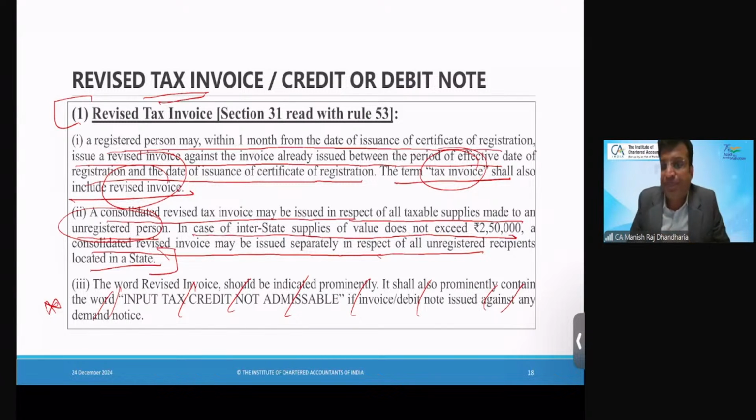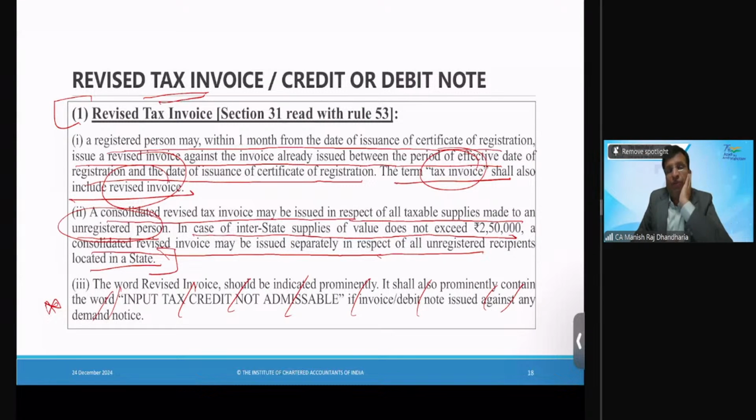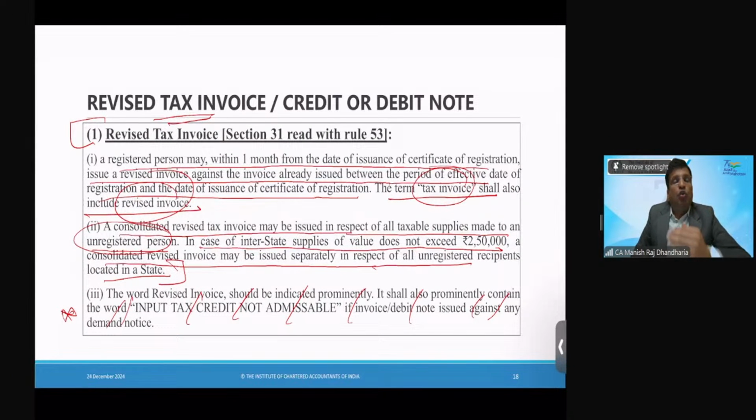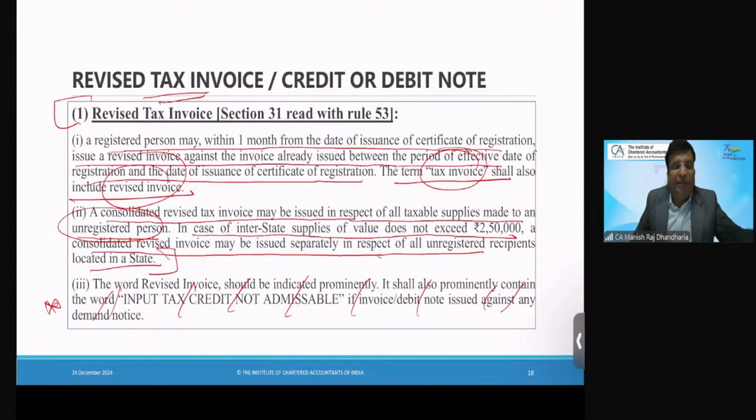One last point. Look, what happens during some inquiry, some investigation, department notices that you have sold some goods to someone, but you have not paid tax on that. तो डिपार्टमेंट ने कहा चलिए अब आप टैक्स दीजिए with interest and penalty. In that case जब भी आप इनवॉइस इशू करोगे उसमें जो टैक्स होगा उसका इनपुट टैक्स क्रेडिट का बेनिफिट रेसिपिएंट को नहीं मिलेगा. तो you have to mention in the invoice का हेडिंग इनपुट टैक्स क्रेडिट नॉट एडमिसिबल बोल के आपको लिखना होगा. अगर आप कोई डिमांड के अगेंस्ट में टैक्स पे कर रहे हैं तो